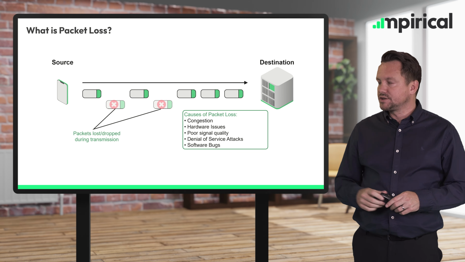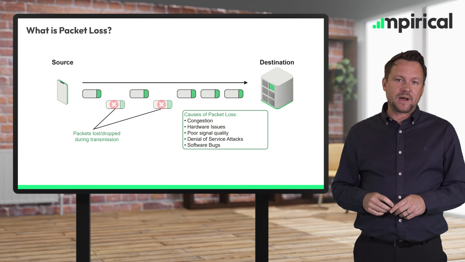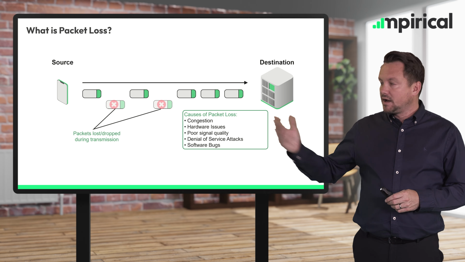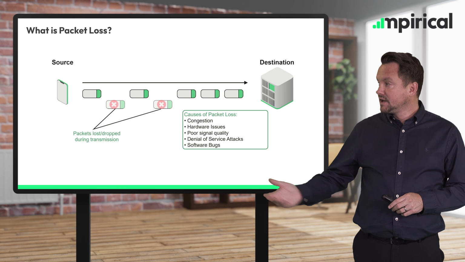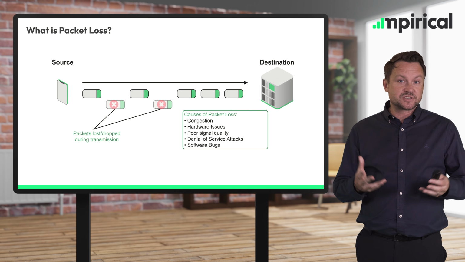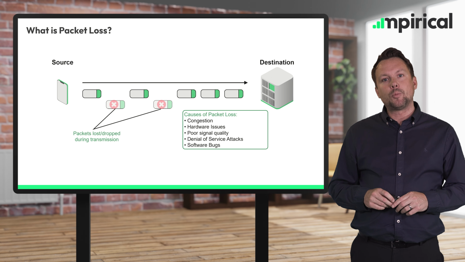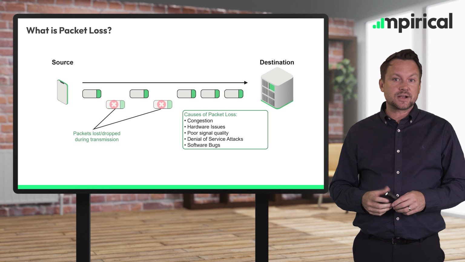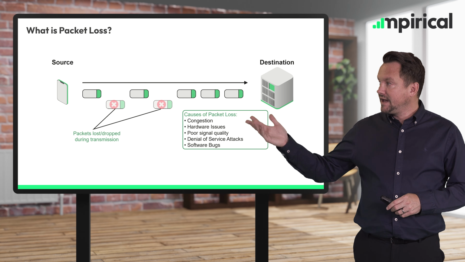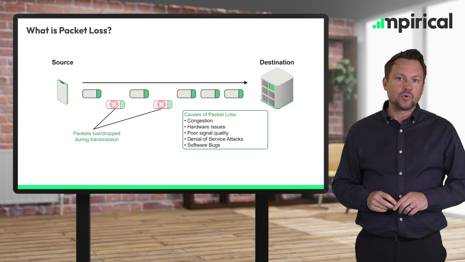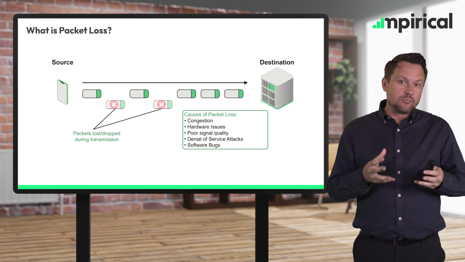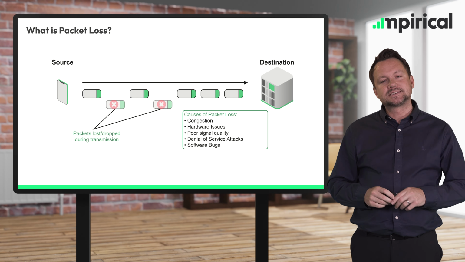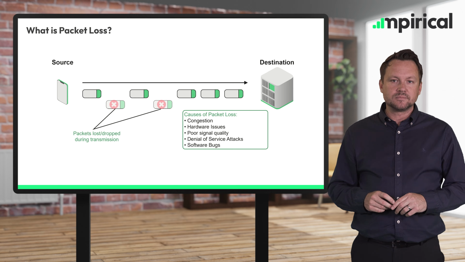And there are a number of situations and a number of causes of packet loss. So I've mentioned already congestion, but we also see things like hardware issues along the way, potentially. We see poor signal quality, which may, of course, be an issue within mobile networks and within Wi-Fi networks. It could be down to malicious attacks, such as denial of service attacks. It could even be down to software bugs as well. But really the number one cause of packet loss is congestion. And again, L4S attempts to address this within networks.